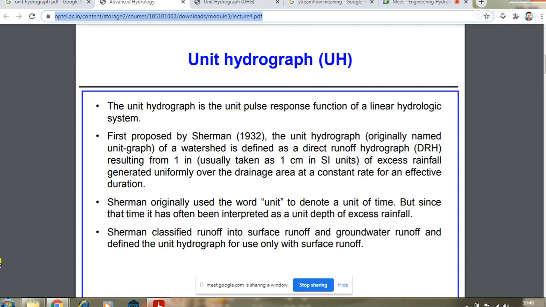ठीक है, लेकिन कभी कभी ऐसा भी होता है कि जो पानी है, तुरंत गिरने के बाद वो मिट्टी उसको खींच लेता है अपने तरफ। ठीक है, और वो अंडरग्राउंड में चला जाता है। तो वो जो अंडरग्राउंड का जो रन ऑफ होता है, ठीक है, उसको शर्मन ने कंसिडर नहीं किया था पहले। ठीक है, so that is another thing that Sherman have developed, and later on it was further developed by other researchers. Okay,